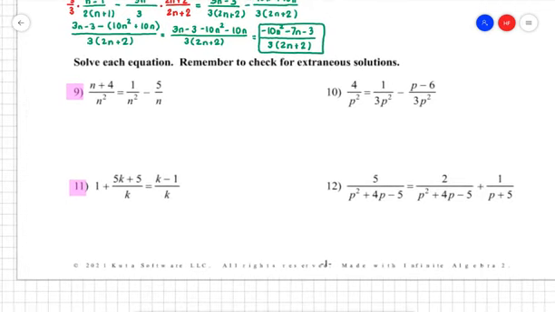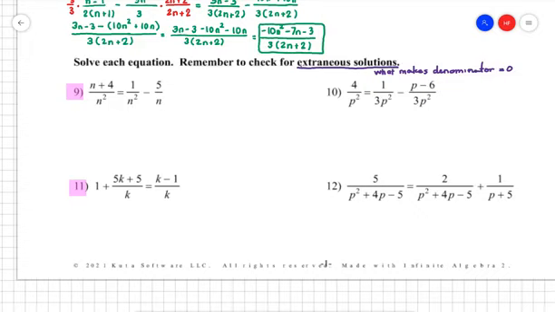Now on the next problems, we are solving and then checking for extraneous solutions. So extraneous solutions are basically the same thing as excluded values when you're checking. It's whatever makes the denominator equal 0. So if your solution makes one of your denominators equal 0, then it is extraneous. So essentially, if you had an excluded value as a solution, then you would say that is an extraneous solution, we can't use it. So on 9 and 11, it's the same process as what we were just doing, except